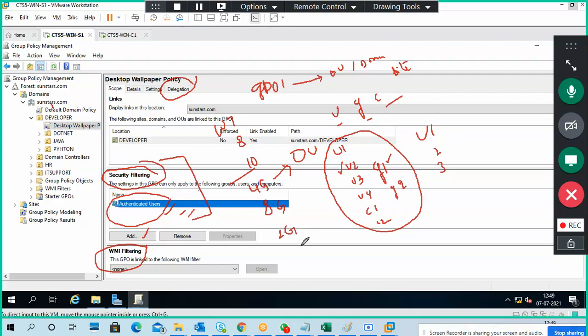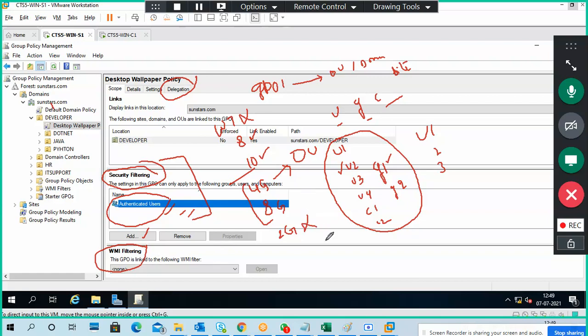So I create a policy, for example, to deploy an application. The application should be deployed only if you are a Windows 10 or Windows 8 user. It should not be deployed to Windows 7 systems. So only for Windows 8 and above. Next, the user must have a minimum RAM capacity of 4 GB or above, not 2 GB.